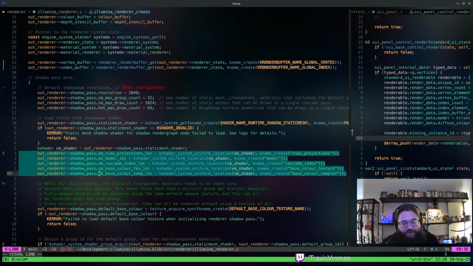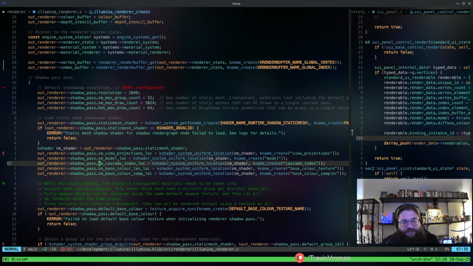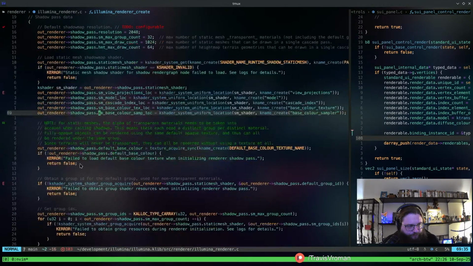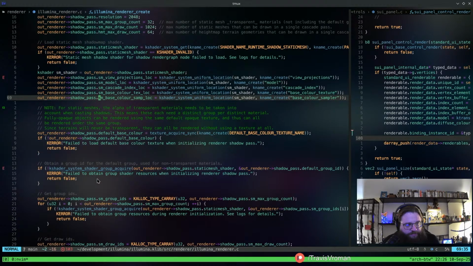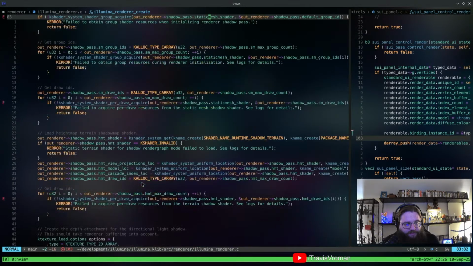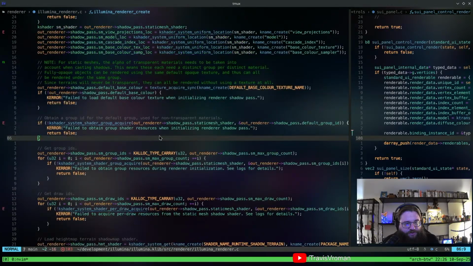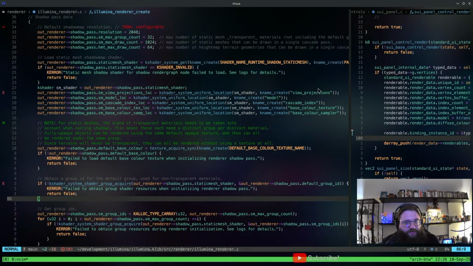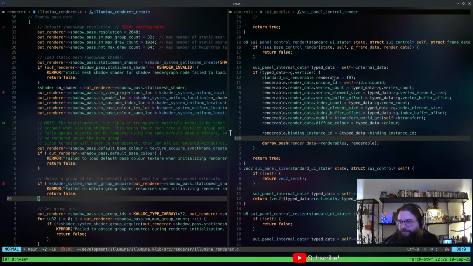So we had these uniform locations, and we just uploaded data kind of the old school OpenGL way, right? We were just trying to see if we could replicate that to see if that was going to be easier to use. And it worked, but the overhead isn't worth it. Okay. So we actually have a couple of shaders we're going to have to mess with here for our shadow pass. So I guess we probably ought to look at those.